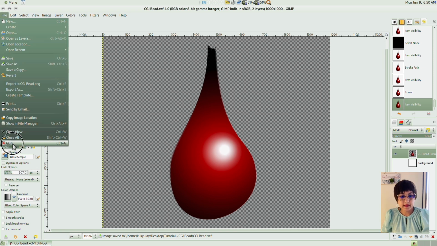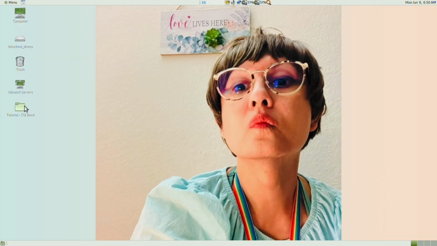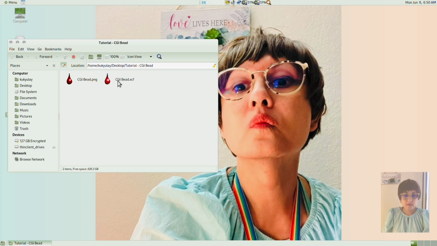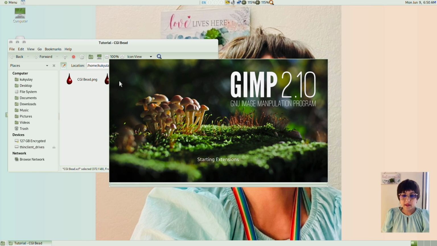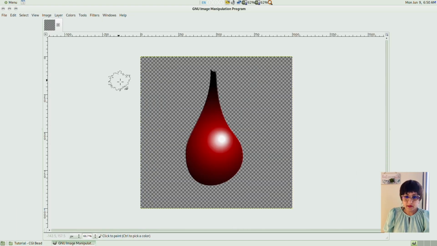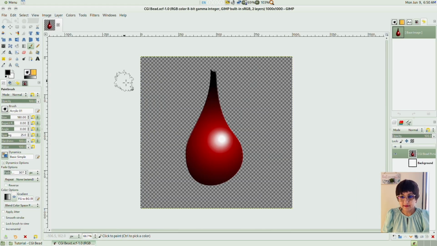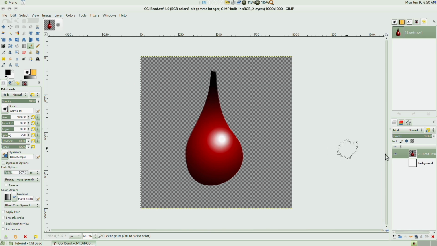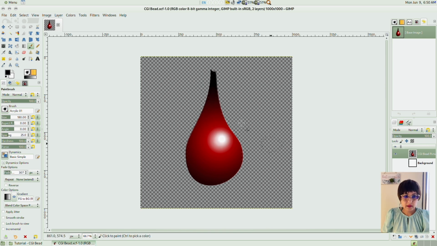Now I can exit. Quit. There's the XCF file. See, if I were to open it, the toolpaths are saved. Layers are there.